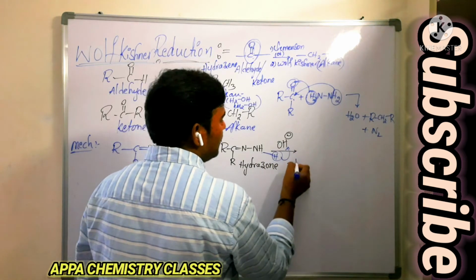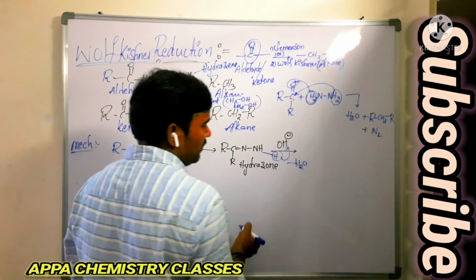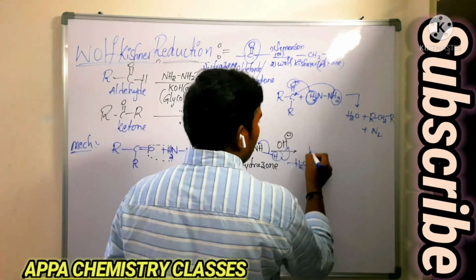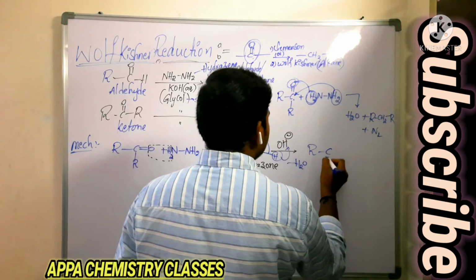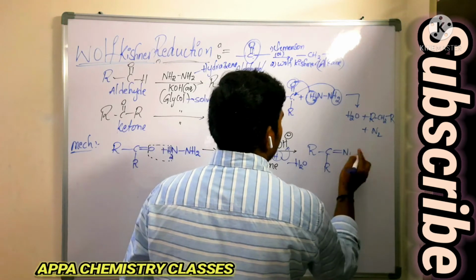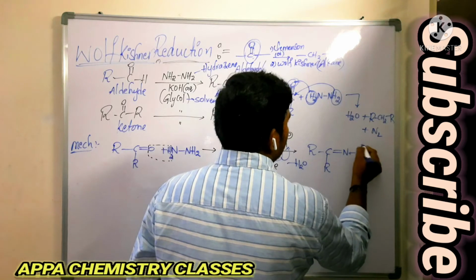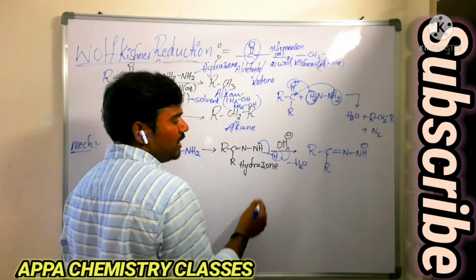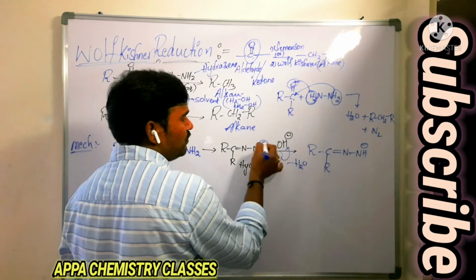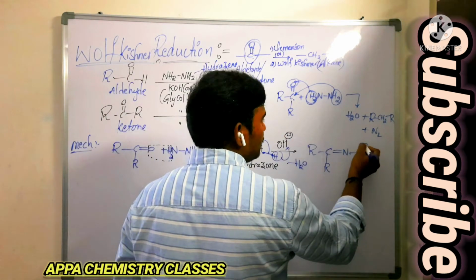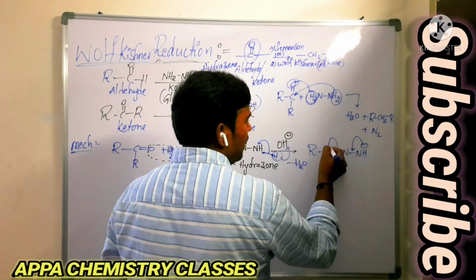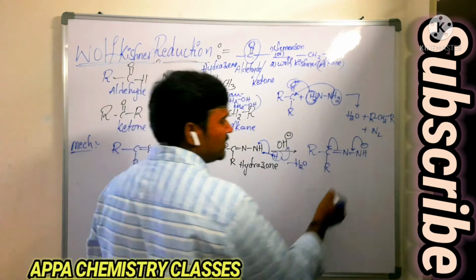This H plus ion is taken by the OH minus ion, and we get a water molecule. The bond is present on this nitrogen. Now what happens here? R, C double bond, N, NH minus we are getting. Here only the H plus ion is going, so the electrons from this hydrogen and this nitrogen are both present on this nitrogen. The negative charge is coming in between these two nitrogens and the pi bond is shifted onto this carbon.